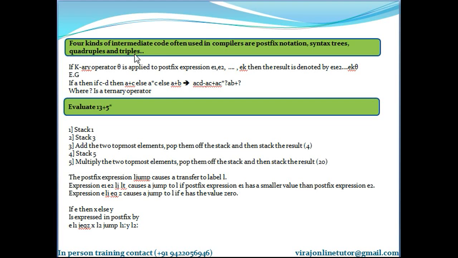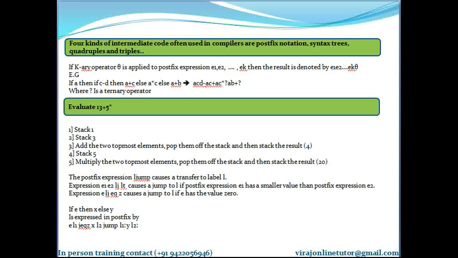Binary operator means it has two operands, a plus b. So a and b are two operands of plus. So in this example of a plus b, the postfix notation is ab plus. This plus is a binary operator because it has two operands, a and b.